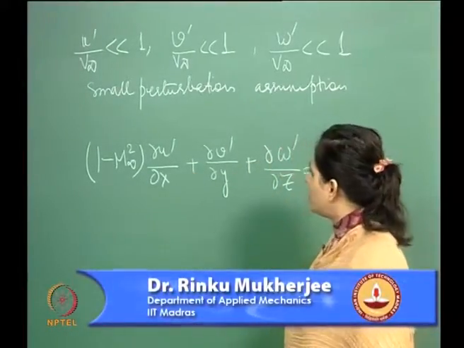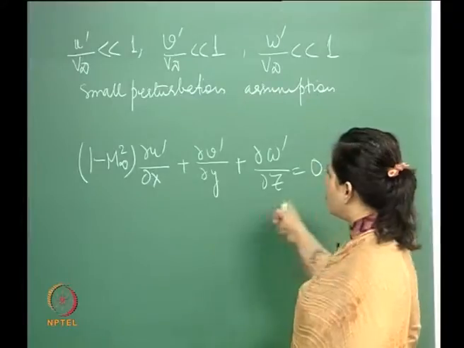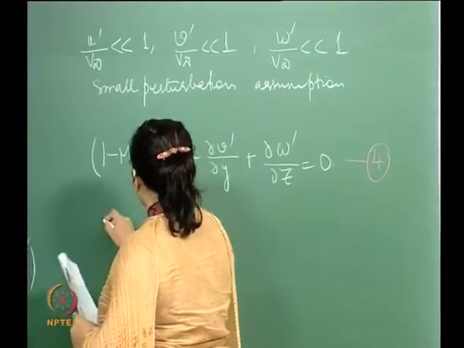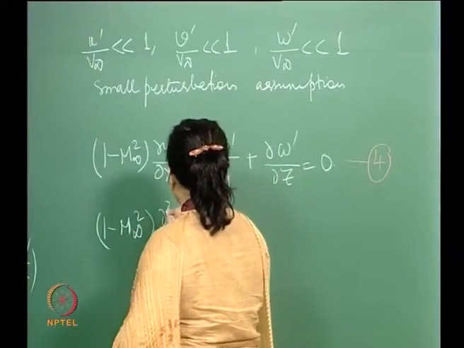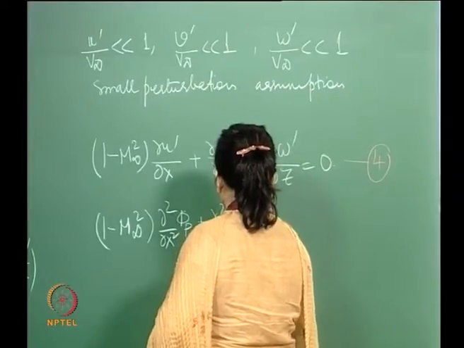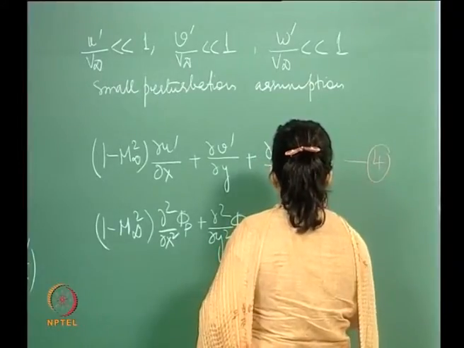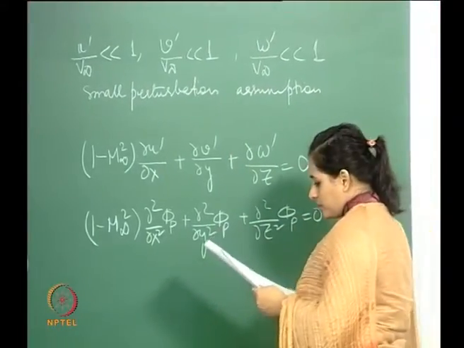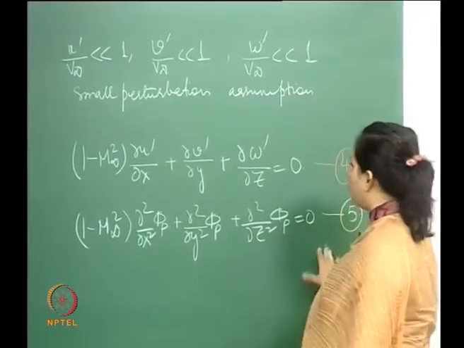You can see this now reduces, if I use the small perturbation theory, this is our velocity potential equation essentially in terms of the perturbed velocities, right. So I can also write this in terms of the perturbation potential, which would be, right, and let me call this 5. So what you basically see over here is that these two equations, 4 and 5, which we